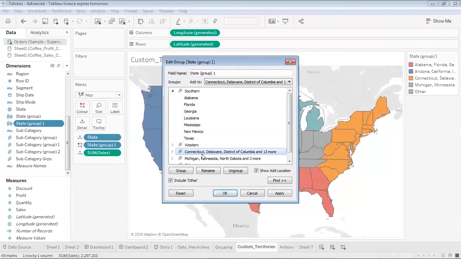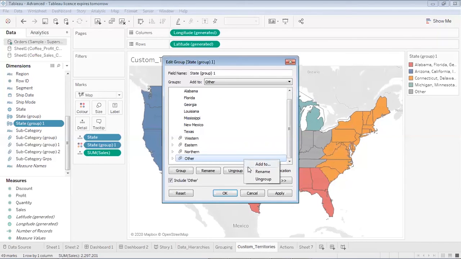And then for Connecticut and others, I would like to rename them as the Eastern ones. And then with the name of Michigan and all, I would like to rename them to the Northern states. So that was pretty much it for the remaining ones, since they are central. So I can just say central ones. So like this, I have divided all the 49 states of US into five groups.